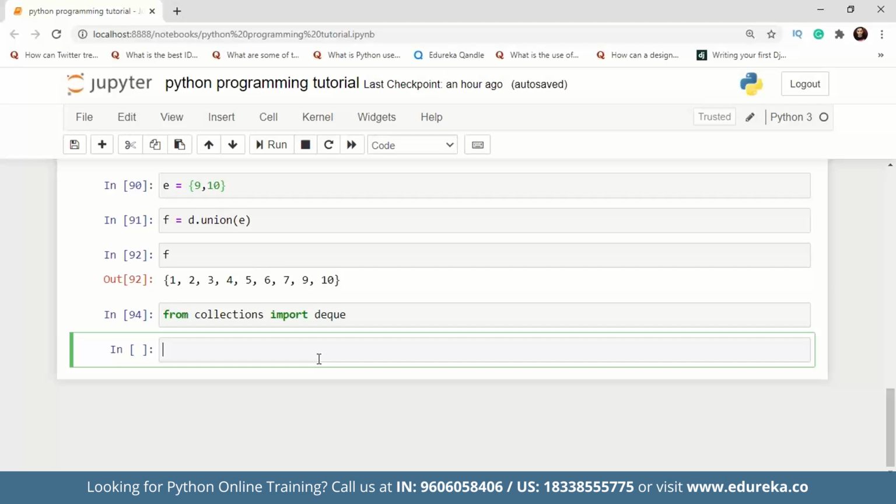Then there is Counter, guys, which is basically a dictionary subclass, and we can use it to count hashable objects. Now you must be wondering what exactly hashable objects are. Hashable objects are nothing but, in Python, any immutable object, such as an integer, boolean, string or tuple, is hashable. So basically whatever value is immutable is a hashable object. So Counter is a subclass which is used to count hashable objects.